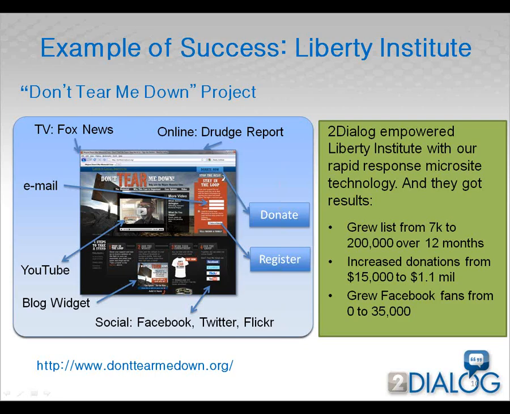So before they embarked on their effort and on their mission to create awareness about this cause, they built a microsite on the 2Dialog platform. And so that's a screen grab of what you see here. And rather than going on Fox News and the Drudge Report and some of these other high-profile media outlets,